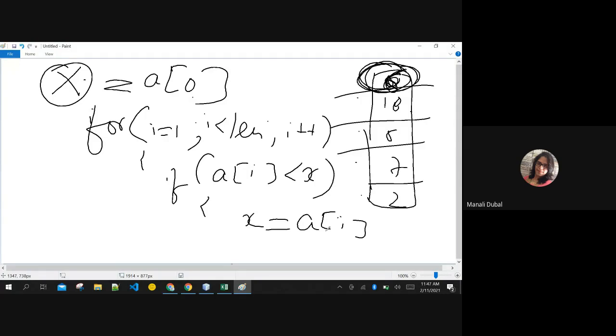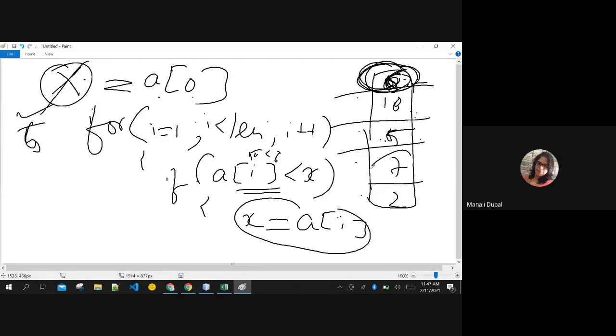So what will happen? I will start with 1 always. It is going to compare 6 and 10. Who is smaller? 6 is smaller. So this condition will be false. Why? 10 is not less than 6. This condition is false, so 6 is still as it is. If the condition is false, this stands as it is. No change. Now 5 came. It is checking whether 5 is less than 6 or not. Yes, it is less than 6. Henceforth, change the benchmark with this new number. This will be overwritten by 5 now. Okay, 5 is your benchmark against which you are comparing all the rest of the numbers.